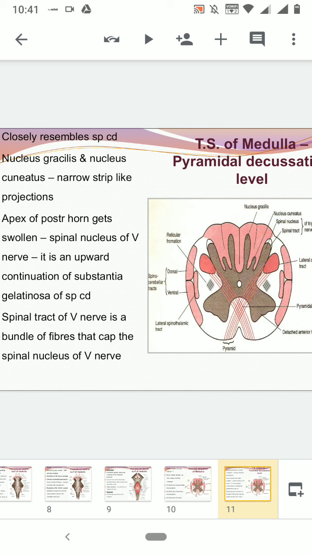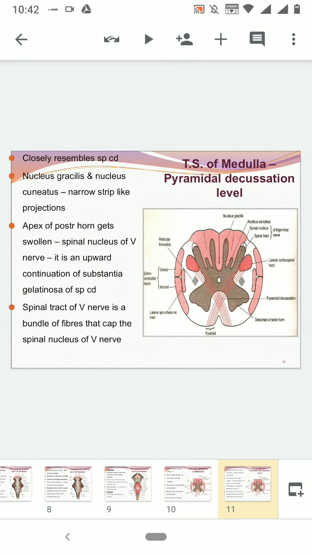Remember, when we talked about the dorsal surface of the medulla oblongata, just below the floor of the fourth ventricle, we talked about all these things: the cuneate tubercle and the gracile tubercle. In the center we had the gracile tubercle just lateral to the posterior median sulcus, and the cuneate tubercle just lateral to it, and we also talked about the tuberculum cinereum, which is nothing but the spinal nucleus of the trigeminal nerve. So all these are coming in an order. Okay, now let's move on a little bit.